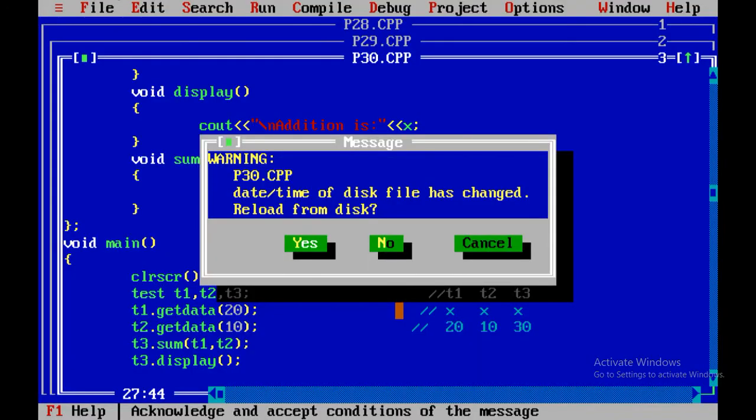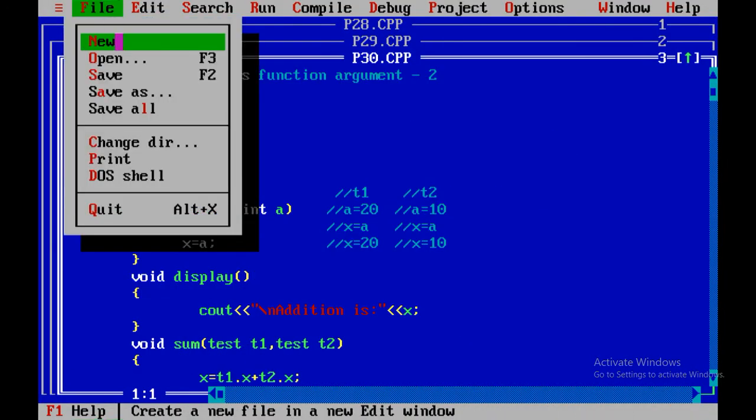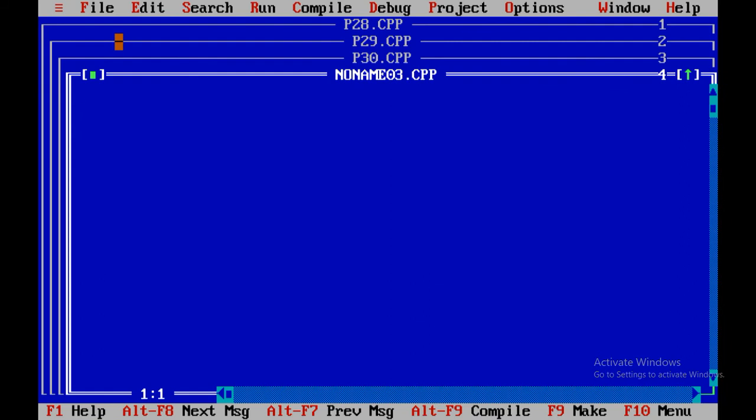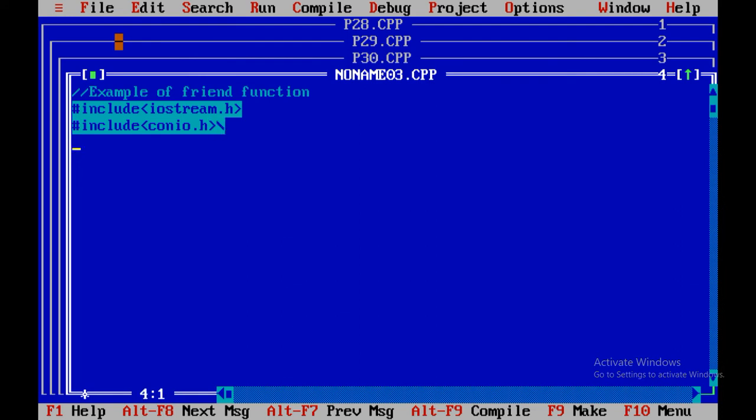The last program of today's session is called friend function, and that is a very important program because it may be asked as a 5-mark question in the exam. Example of friend function: include two header files, iostream.h and conio.h.